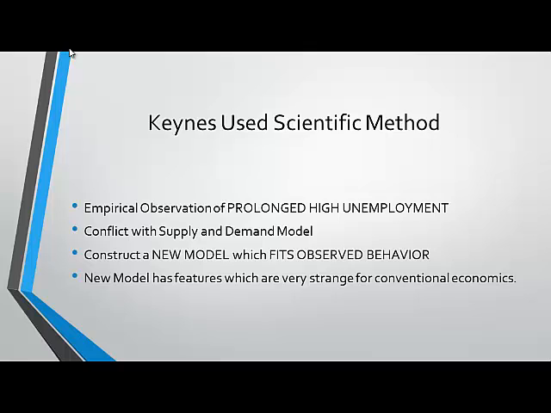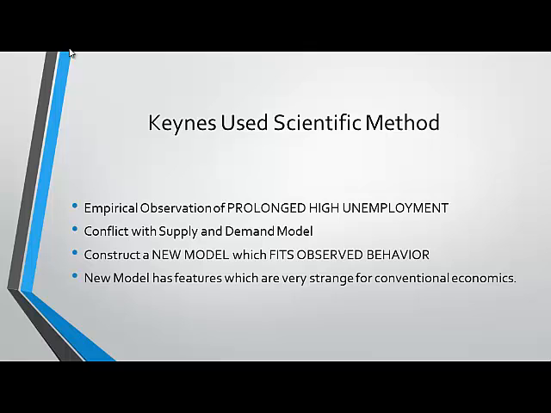Now the thing is that all human beings, it's not that the West is always stupid. Keynes was very smart, and there have been many smart people. And so he used the scientific method. He actually observed unemployment, and he said, okay, this conflicts with the model, so what should we do? We should change the model, not rationalize the observations. Model must be true. This is the economics attitude. Model must be true. Observations have to be explained away. This is the standard. So if there is unemployment, it's due to friction. It's due to this, that, and the other, but not the idea that we should change the model. This never occurs.